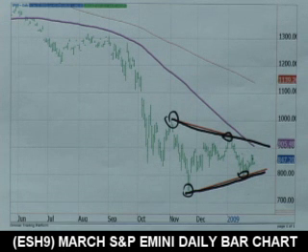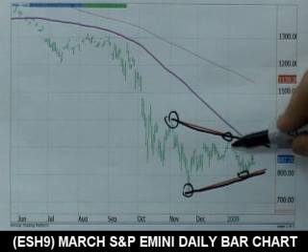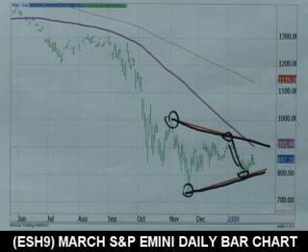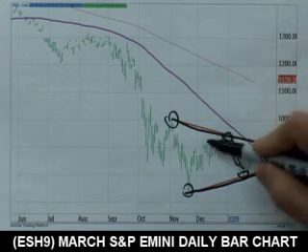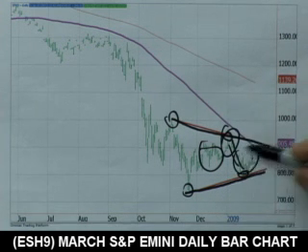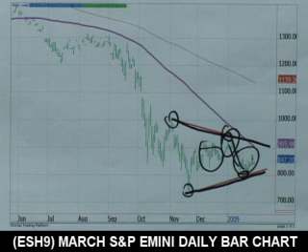Inside of that formation are other little formations. You know, we had this channel and we traded that for a while. Then it morphed out of the channel and it turned into this. Well, inside of this whole thing, traders, is an upright head and shoulders. That upright head and shoulders is absolutely going to end up being a sell signal. And we got GDP coming out tomorrow, so we'll see what happens.